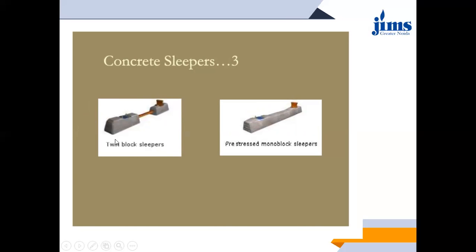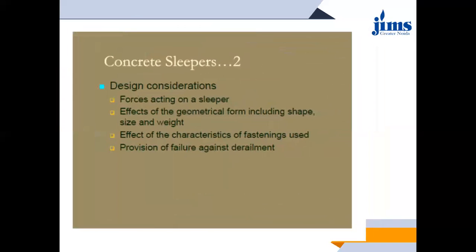This kind of sleeper is quite helpful while we are going for the construction of points and crossings in railway. Because in points and crossings, certain other tracks have to be introduced at the same end, and some space is required in between so that the junction of the sleepers could take place, and the junctions of the crossing of tracks could take place, plus the entire point assembly could be placed. Okay. Second one is pre-stressed monoblock sleepers. Monoblock because there is one entire block connected internally with the help of a tie bar.